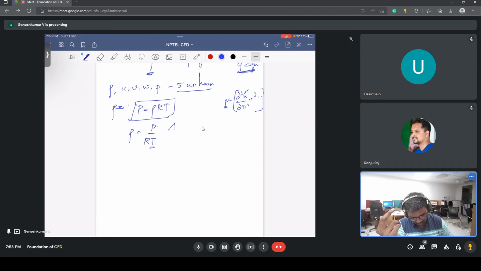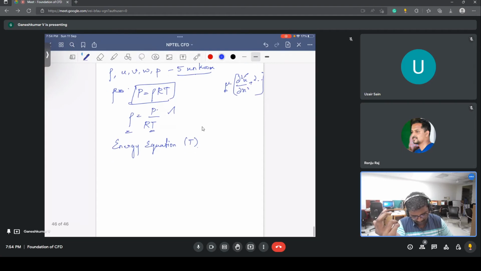So we need to solve the energy equation too. The energy equation will give us temperature. So we can use this temperature, and we can use the pressure from the momentum equation, and we can find the density. Alright. So now we have 6 unknowns: rho, u, v, w, p and T, and we have continuity, 3 momentum,